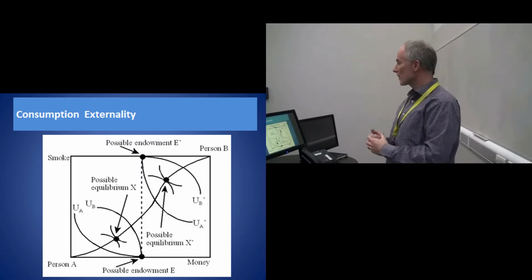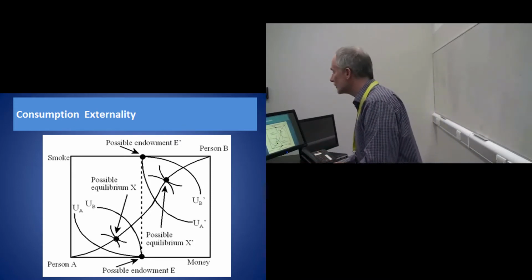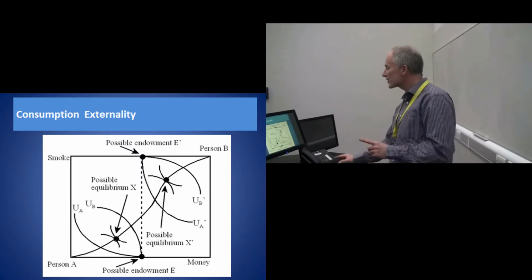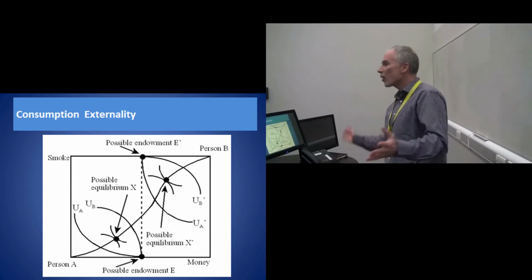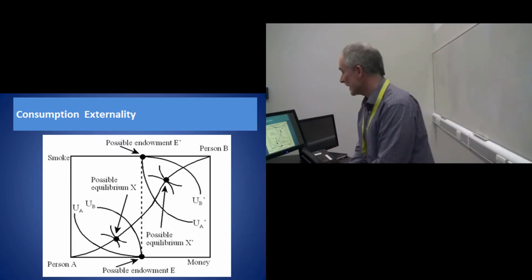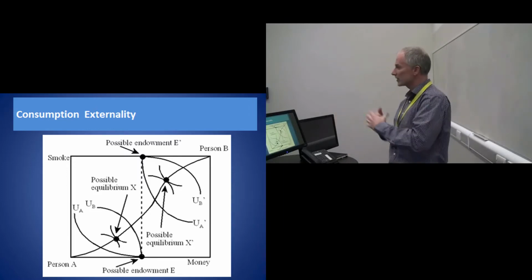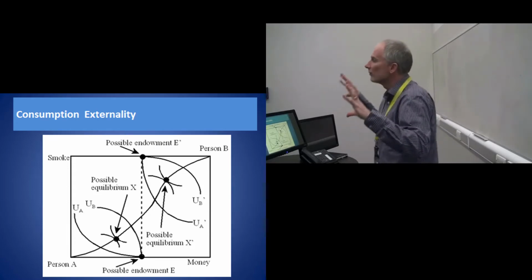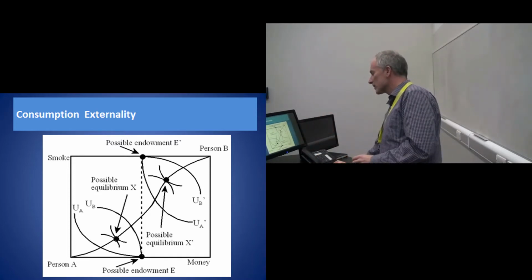And remember, when we construct an Edgeworth box, its dimensions are determined by the total availability of the two goods. So the width of the Edgeworth box is determined by the total amount of money that person A has and person B has. That's not going to pose too much of a problem. Person A and person B will have quantifiable amounts of money, and when we add them together, that will determine the width of that Edgeworth box.